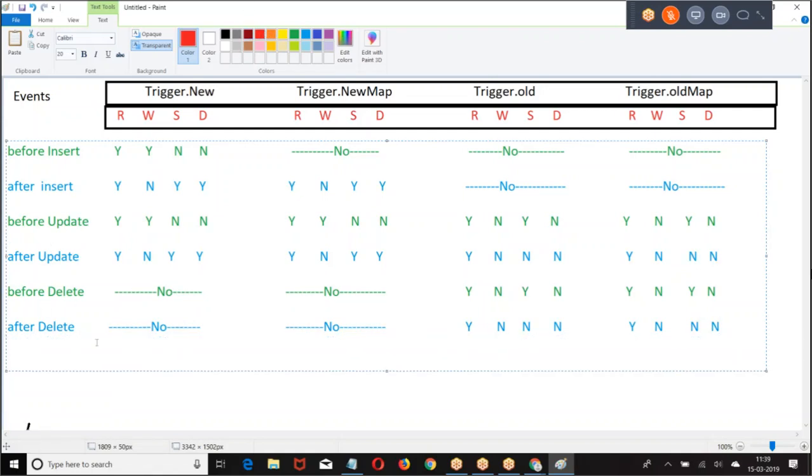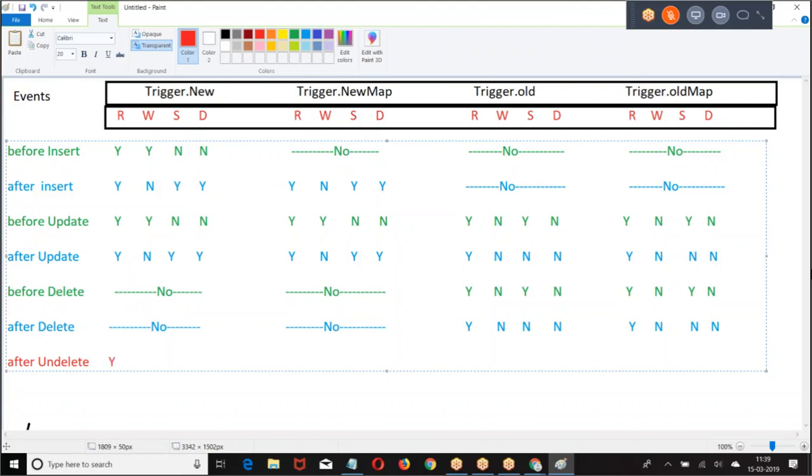Last one we take after undelete. From the recycle bin, if you undelete the record, this logic will run. Right? Only after the data is removed from the recycle bin to the object, undeleted. After the record is undeleted, the record will come back to the object. Then only the logic will run.